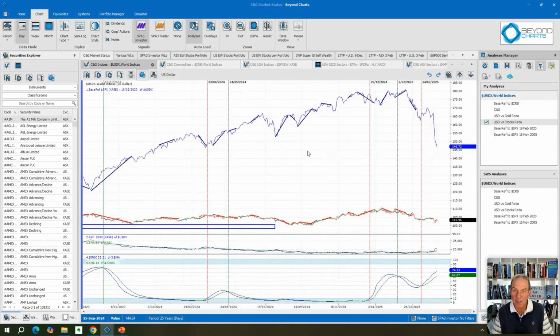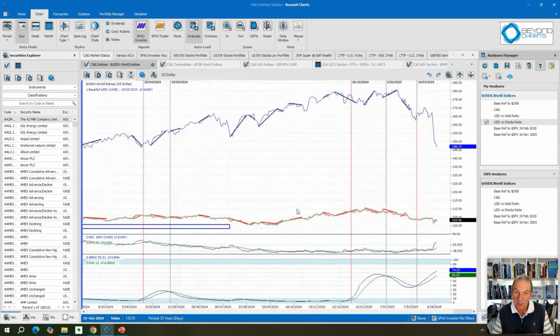Now this is the US dollar chart. US dollar basket, the basket of stocks against the US dollar. And typically what you'll see is these going in opposite directions. They spend most of their time going in opposite directions. However, one of the things that Trump's trying to do is to weaken the US dollar, like China's been doing for 25 years. And that obviously benefits the economics when it comes to imports and exports.